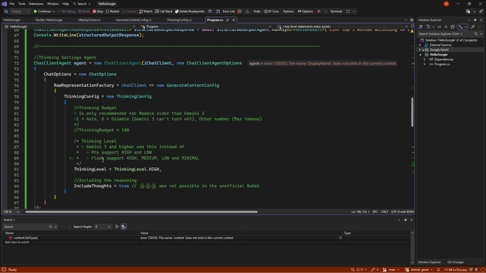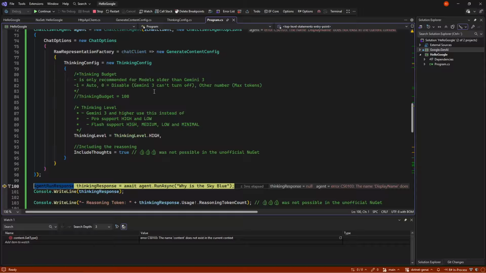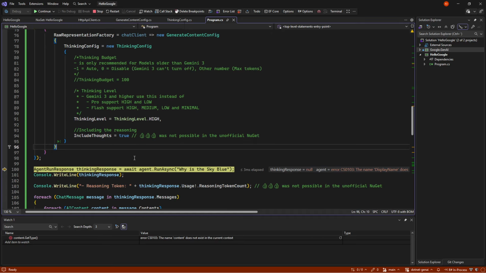And their Flash models support all of them: high, medium, low, and minimal. So that's nice that this exists. This couldn't really be done in the new Gemini 3 with the unofficial package. And now we can also finally include thoughts, meaning we can get back the reasoning that was made when it did the work.